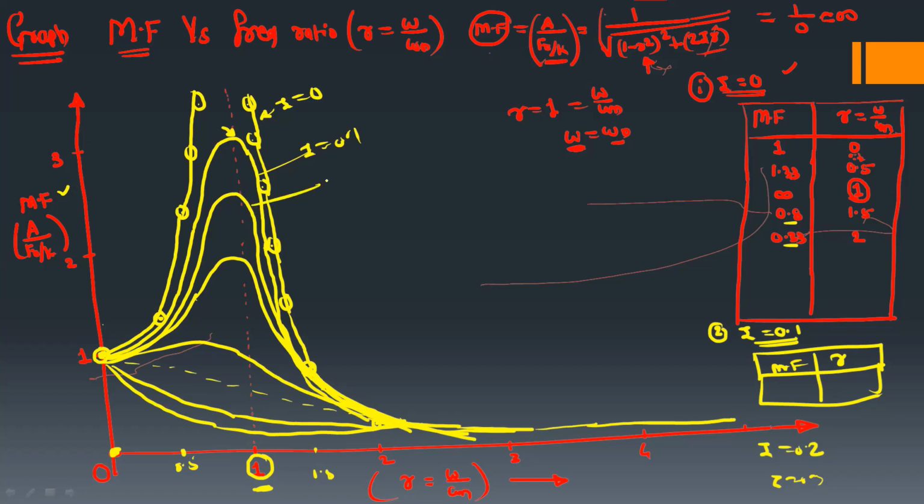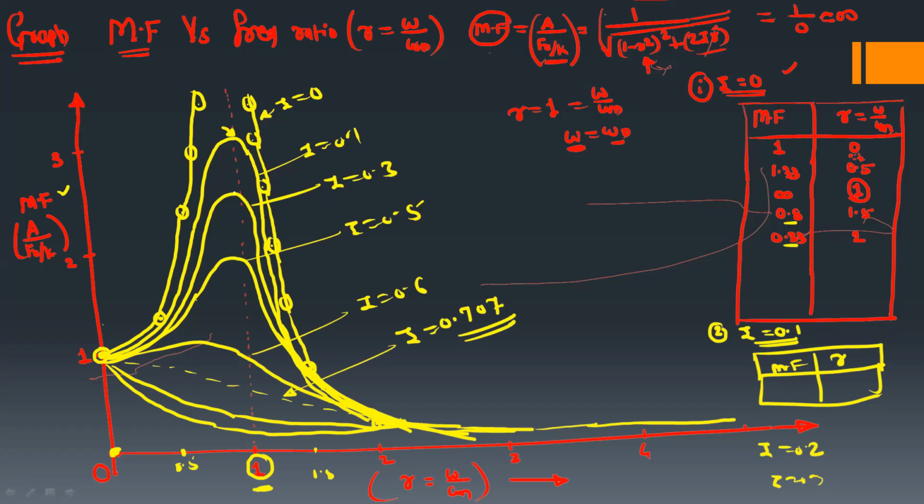So here we are increasing the value of zeta. So it is 0.3. After that, I have selected 0.5. This is 0.6. So this dotted line is one special value of zeta, which is zeta equal to 0.707. Okay. So at this zeta value, 0.707, we cannot observe the peak value.